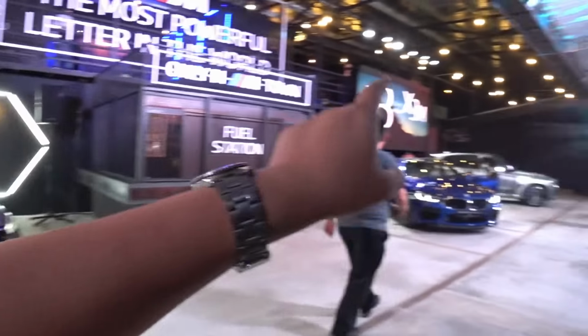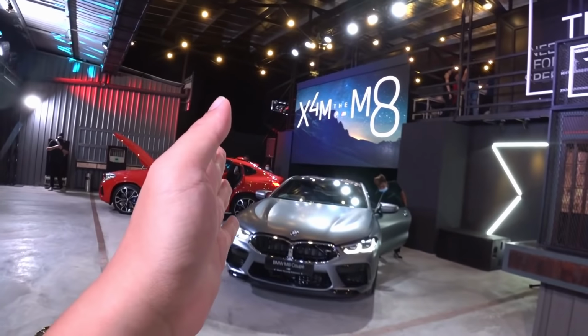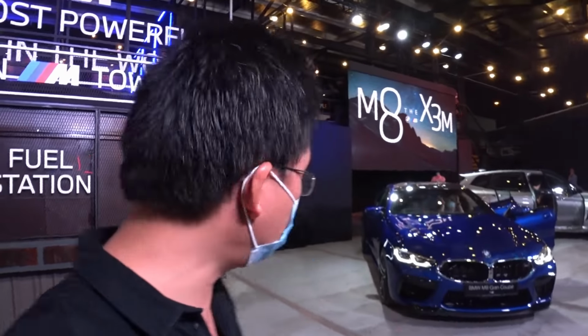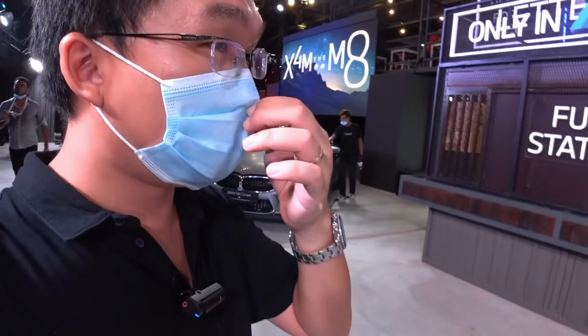Coupe and the M8 Gran Coupé. They are both mechanically identical. Basically, it's a choice for you: you want your M8 with 2 doors or with 4 doors. And sorry, Beng, there's no drop the top option yet. But the question that I do want to pose to BMW is, why is there...